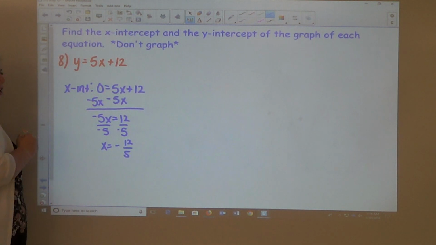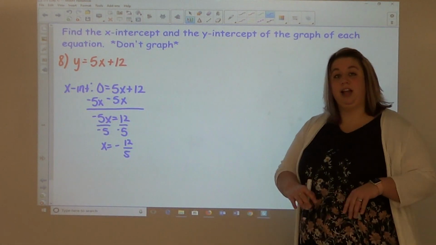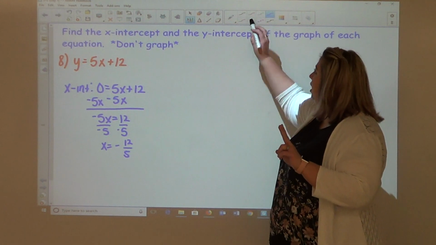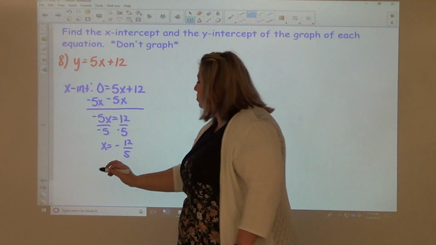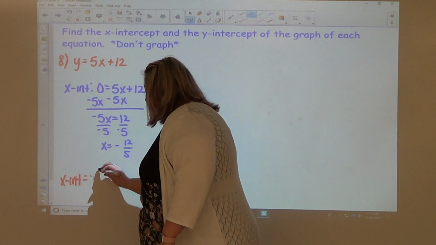Okay, that's not how you write an x-intercept. This is how you write an equation, x equals. This would be a vertical line. So you have two options on how you can write your answer. You can put the x-intercept is equal to this number,